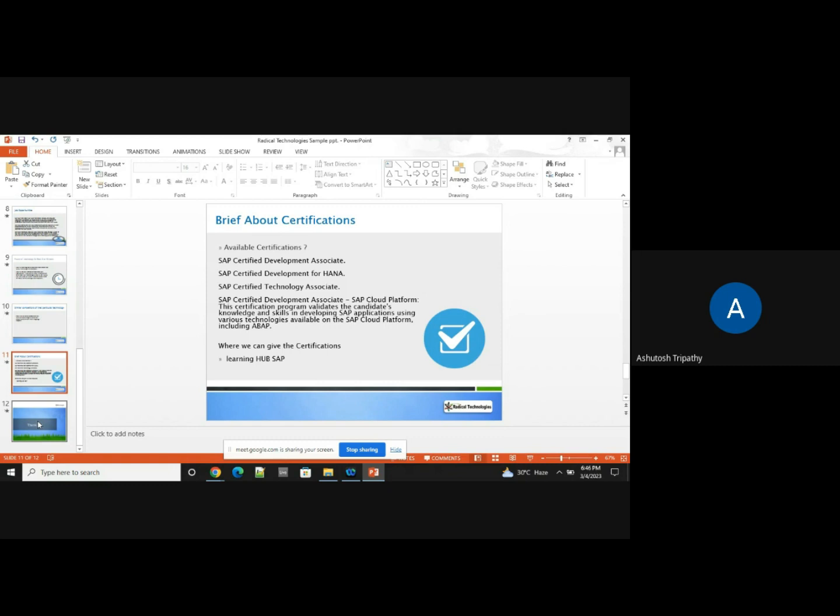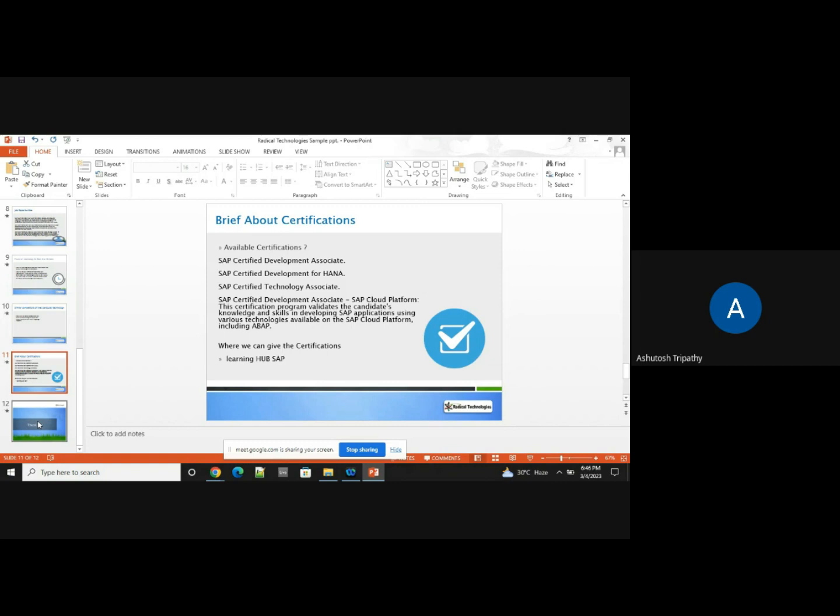One is a six-attempt exam, and one is a single-attempt exam. I think the voucher codes are CR 0006 and CR 001. If you are writing the single one, you have only one attempt to clear the exam. Six means you have six different chances to clear the exam. If you clear one particular certification once, you have another five chances to appear for any other certification in a complete financial year.